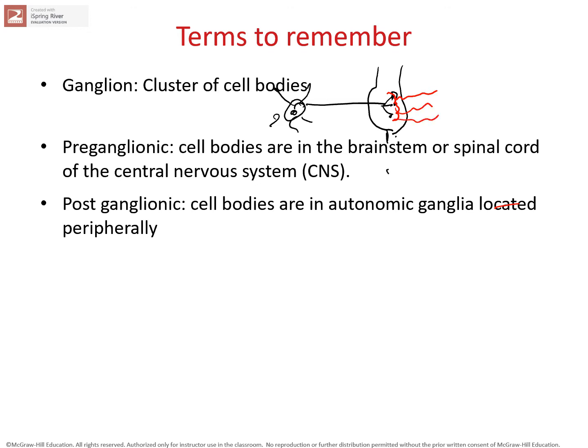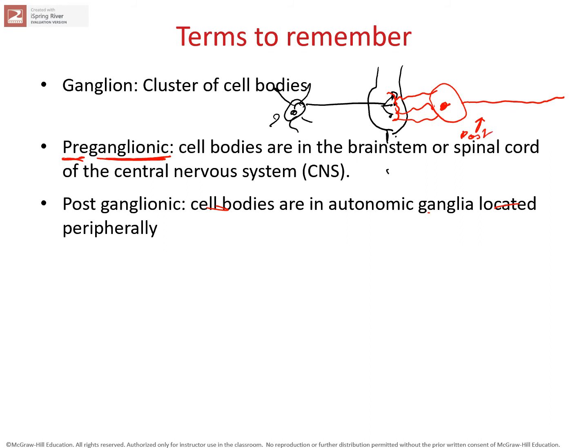Okay, and the dendrites are the receiving ends of the neuron, whereas the axon are the ends of the nerve that carry the impulse away from the neuron. Okay, so dendrites are the receiving ends. All right, the other terms you want to be familiar with is preganglionic cells. Preganglionic neurons synapse on the dendrites and cell bodies of the postganglionic neuron. Okay, so this becomes the preganglionic, and this one over here becomes the